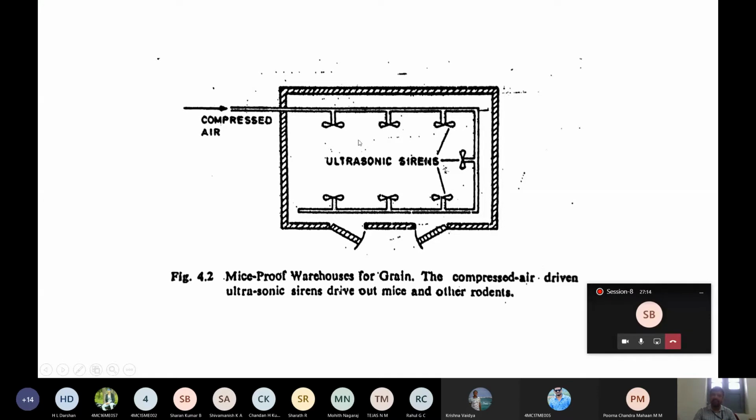Okay, when you switch on the siren, or if you are able to send a signal. Okay, so siren, because of that sound, it may be possible. Again, it may not be the feasible one. This is another possible solution. With this sound, you may be able to keep these mice away from the warehouse.